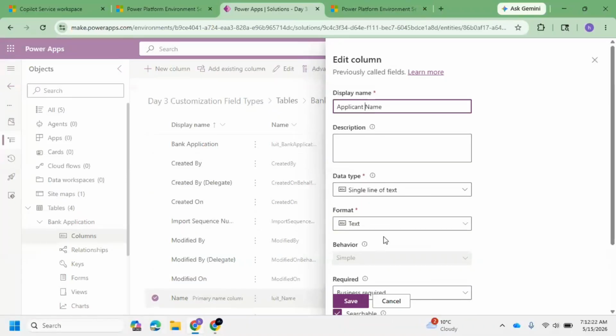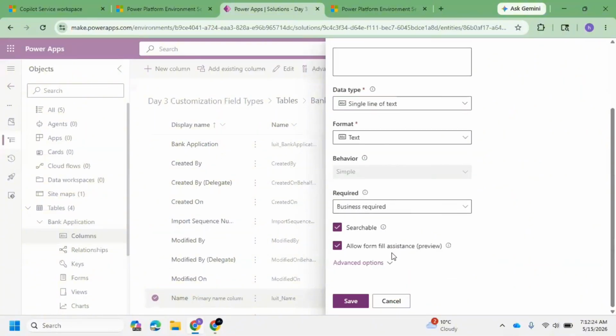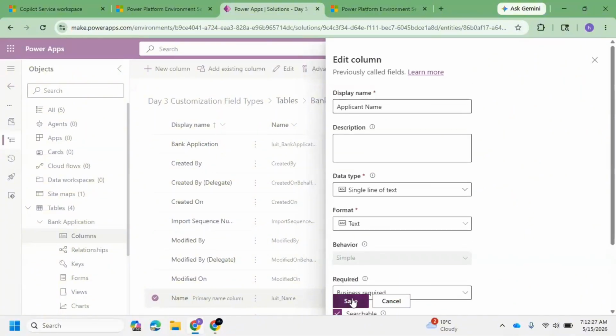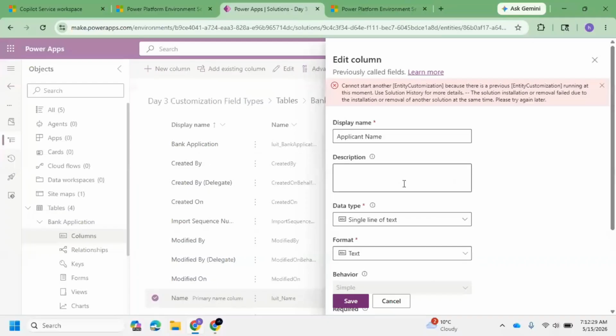Like that, you need to use the existing fields as well. You shouldn't always create new fields. You already have the name column out of the box, you can use it. So like that,